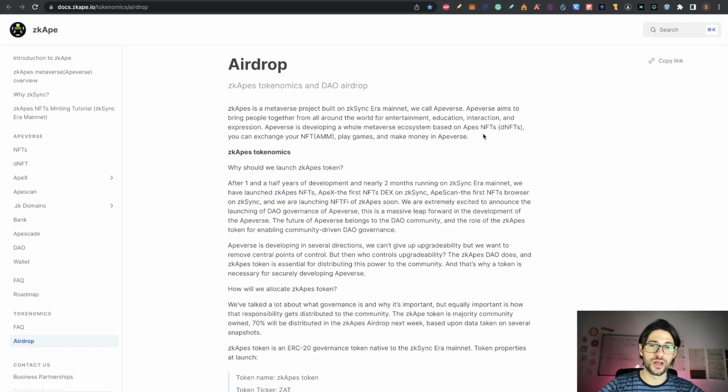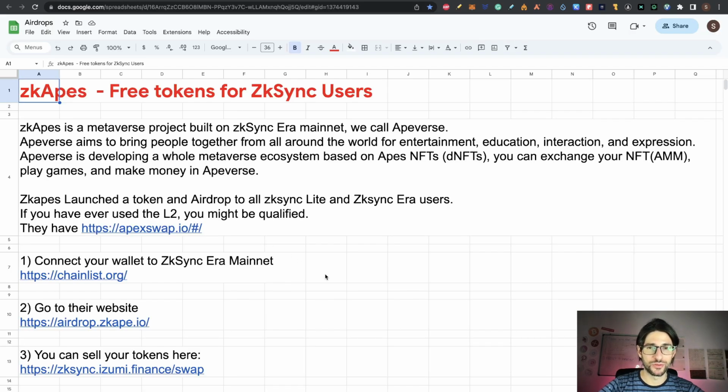my take on this is: get these tokens, don't sell them, and maybe in the next bull run this could be worth something. And why I say that, guys, is because, going directly to how to claim these tokens, the value of the tokens right now is really low. So actually it could cost you more in transaction fees than the tokens that you are going to get. So it's not really a good idea from my perspective to think about getting any profit right now.